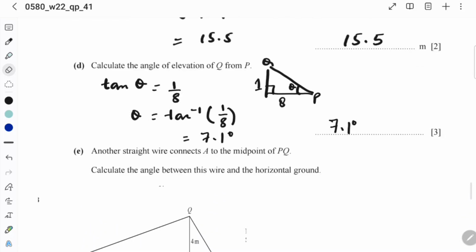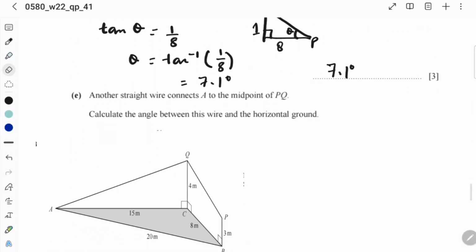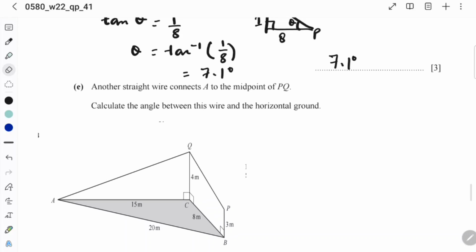Alright, for this part, I just took the screenshot over there. Another straight wire connects to the midpoint of PQ. Midpoint of P to Q is here. Another straight wire connects A from A. If we connect A to the midpoint of PQ, calculate the angle between this wire and the horizontal